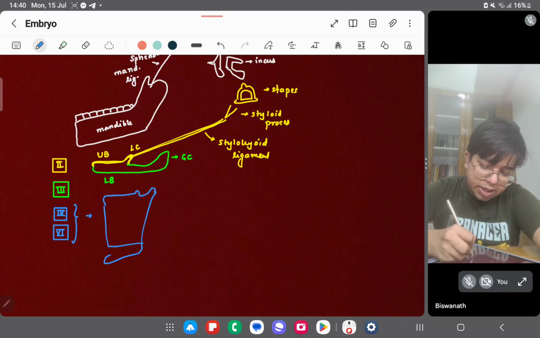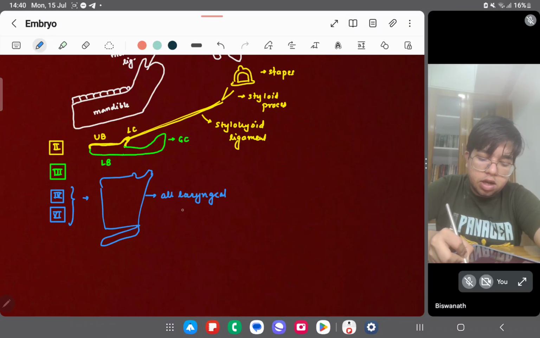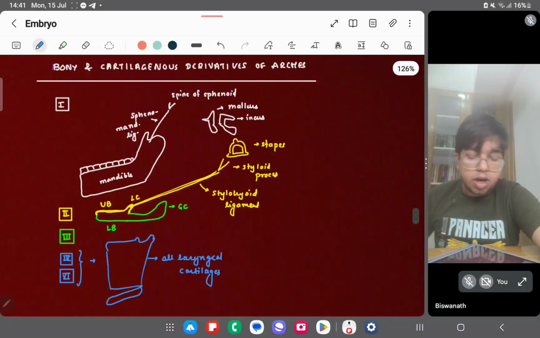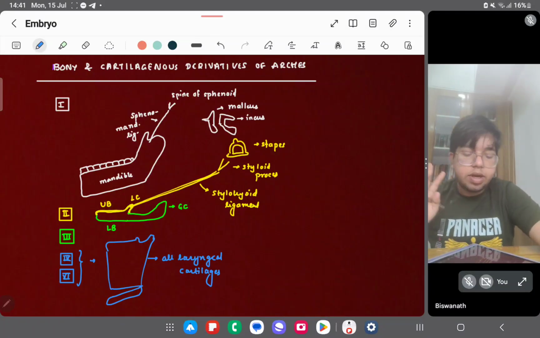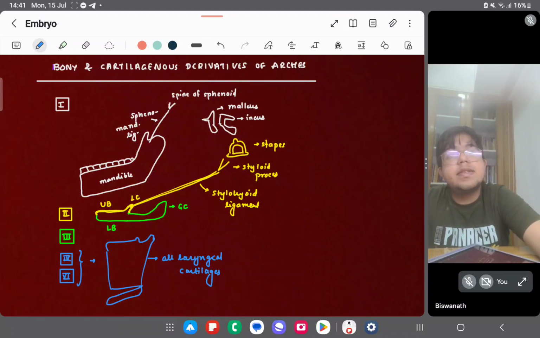I'm drawing the larynx like this. Okay, all laryngeal cartilages. All laryngeal cartilages. Done. Just remember this diagram and you are ready to go with all the bony and the cartilaginous derivatives of